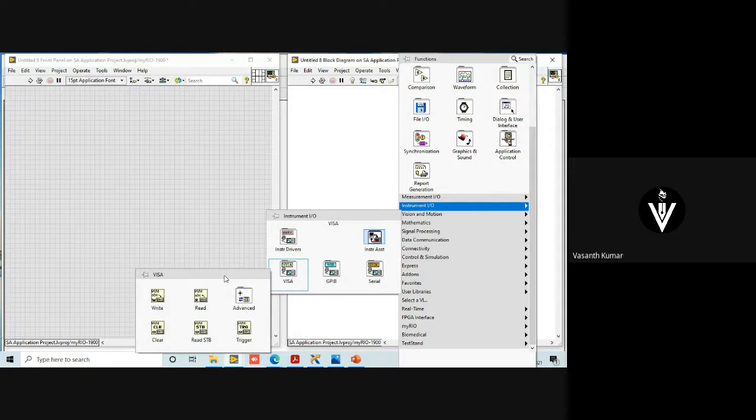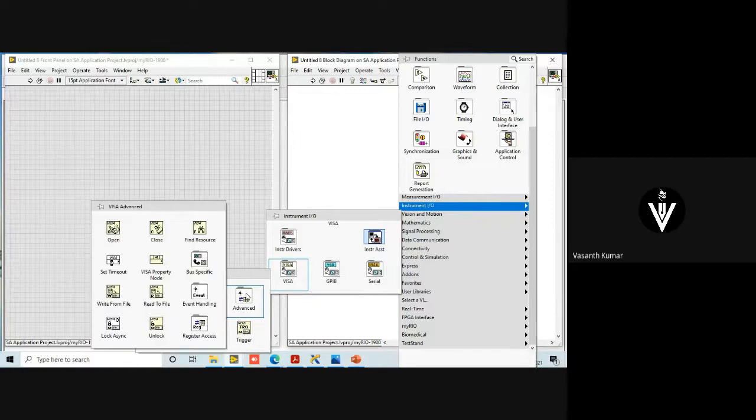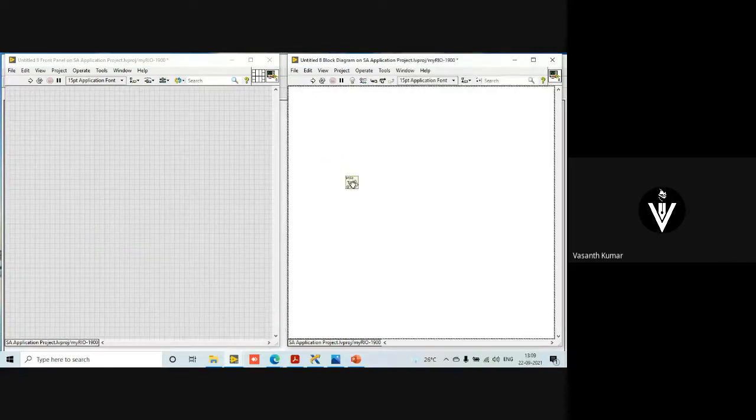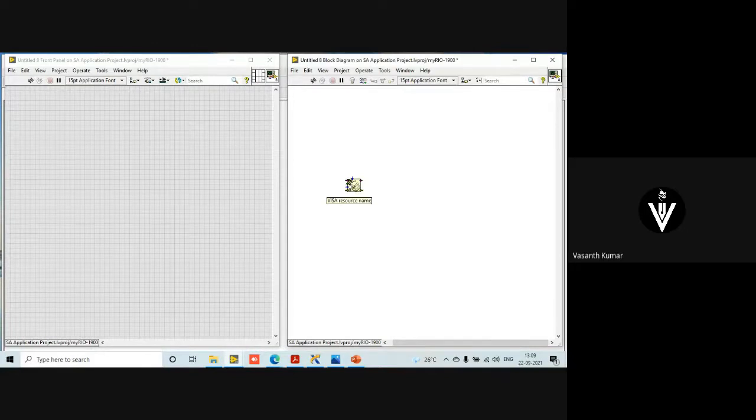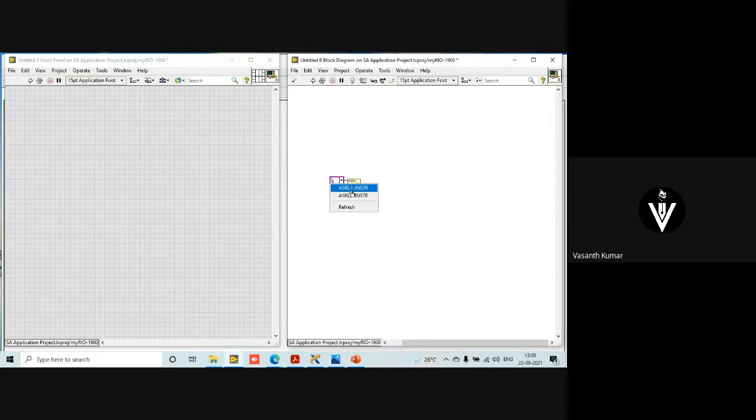Either way, right? First, what I'll do is open the connection between them. To open this connection, what I want to do is, once again, I have open. VISA open. VISA stands for Virtual Instrument Serial Architecture. It has been designed by NI. So I'll right click on this one, create constant, and select A or B. This one is A and this one is B. I'll select B because I randomly chose the B connector to use. So this function is VISA open.